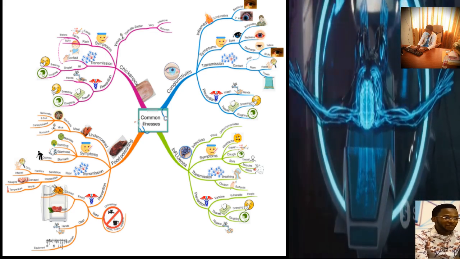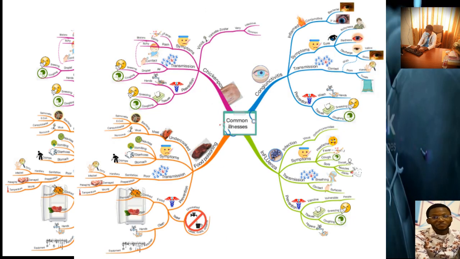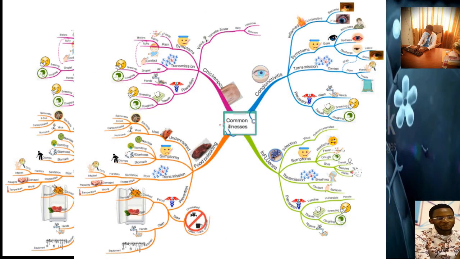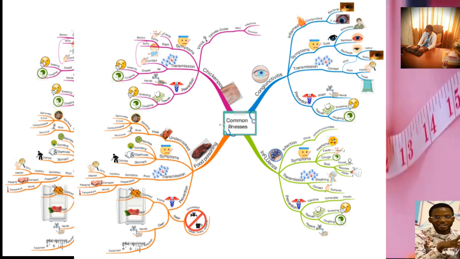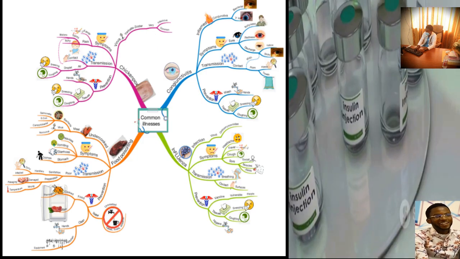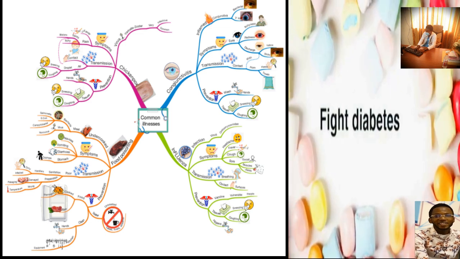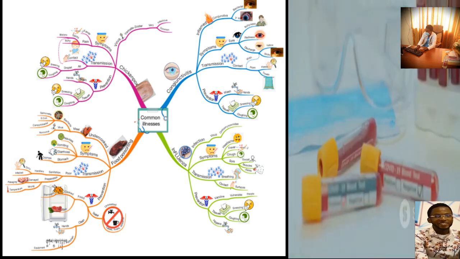USMLE-style questions. Question 1. A 70-year-old woman presents to the clinic with back pain and difficulty walking after a minor fall. Her medical history includes smoking and long-term corticosteroid use for rheumatoid arthritis. Which diagnostic test would best confirm a diagnosis of osteoporosis? Answer: bone mineral density, BMD, scan. Explanation: a BMD scan is the gold standard for diagnosing osteoporosis. It measures bone density and helps to assess fracture risk, particularly in postmenopausal women and individuals with risk factors like